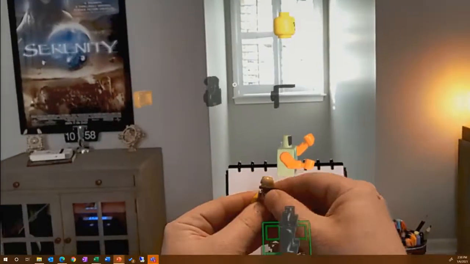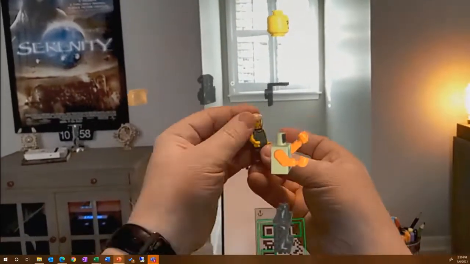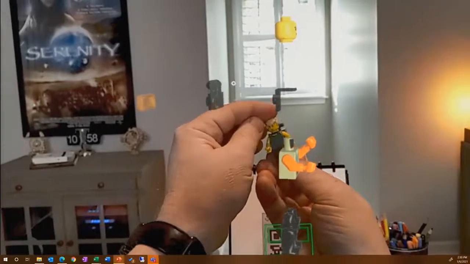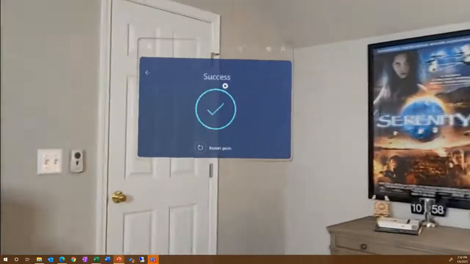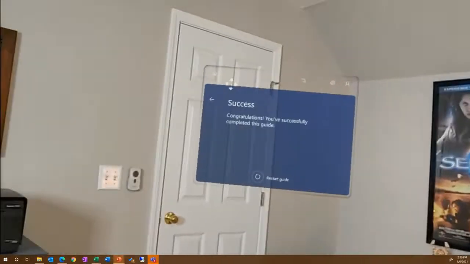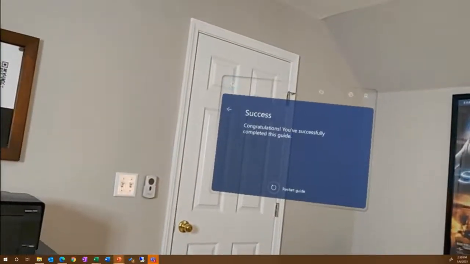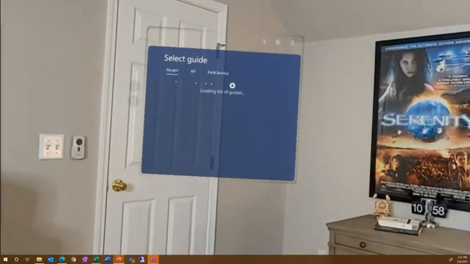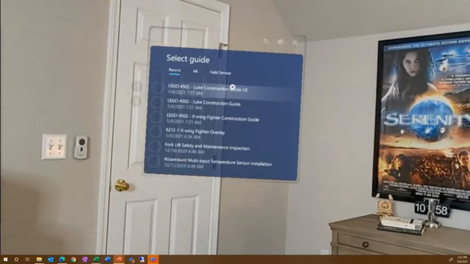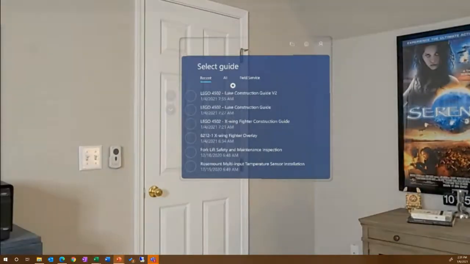So now we've gone through the instructions and we've assembled it based off the instructions that we built, and we can go to the next step. And then congratulations, we've just gone through our first training exercise to build a Lego minifigure. So this is the experience that you'd have as you're going through and doing the authoring. So let's move to some more examples along the way.